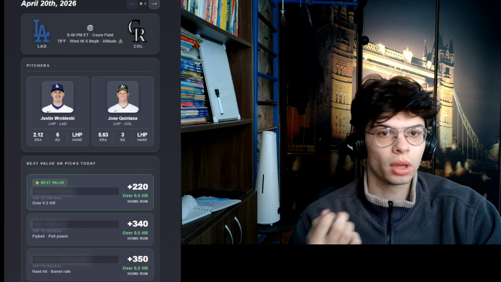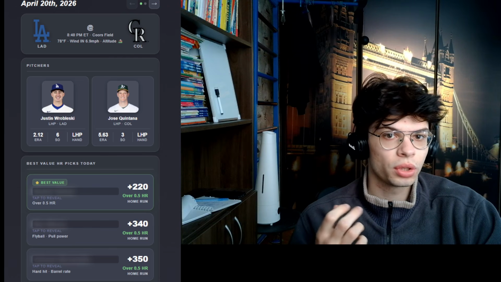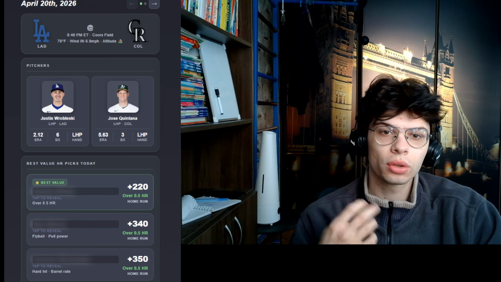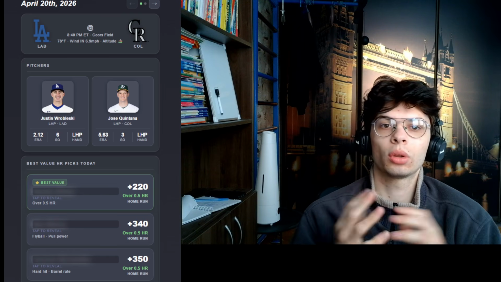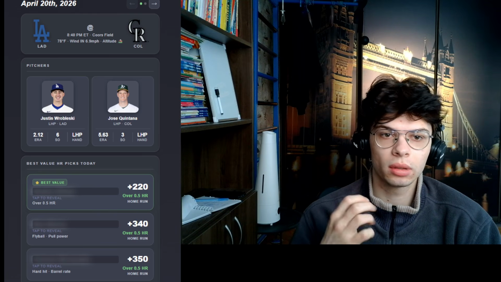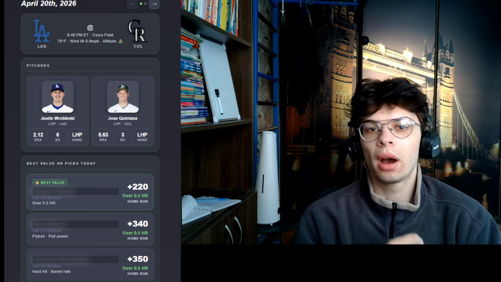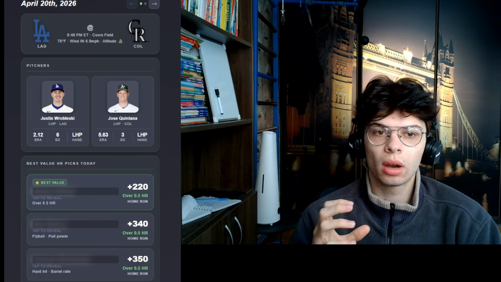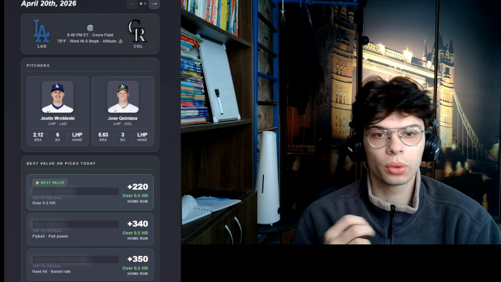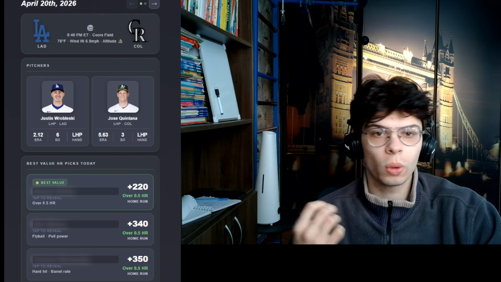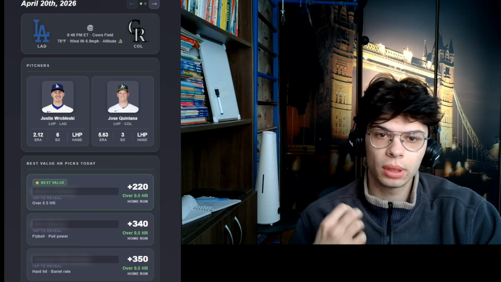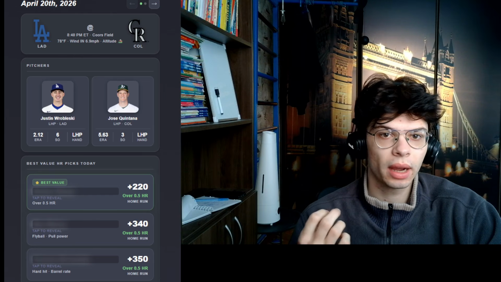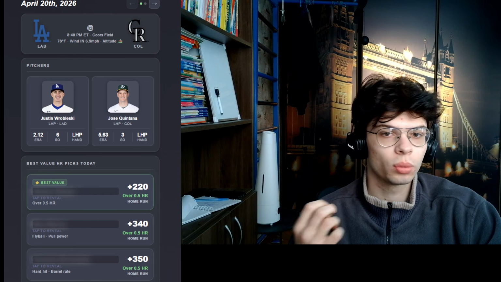Our first match. It's not just Coors boosts at altitude. We've got reduced air density, so we've got a lower drag coefficient and batted ball carry increases. Spin-induced movement on breaking pitches decreases and trajectories are flatter, so higher contact rates. Command dispersion widens and more pitches leak into hittable zones, so the real impact is not more home runs, it's a higher HR per contact conversion rate.